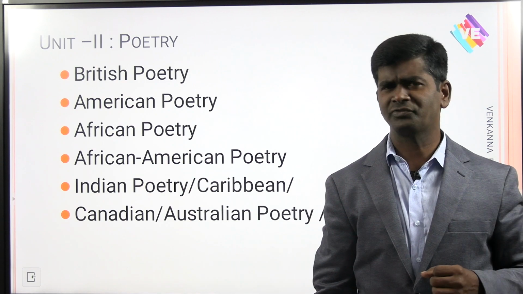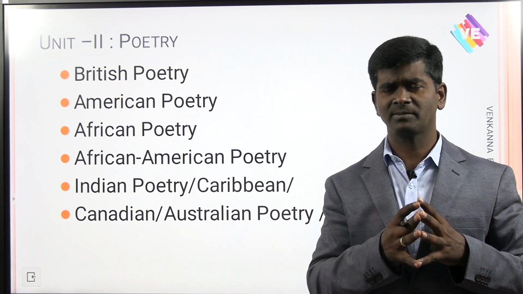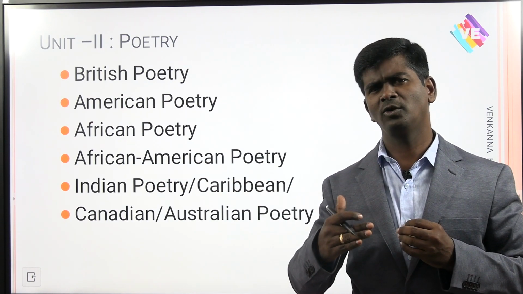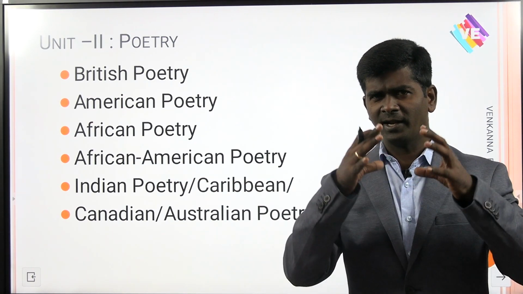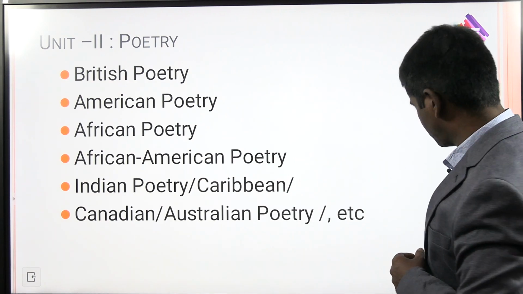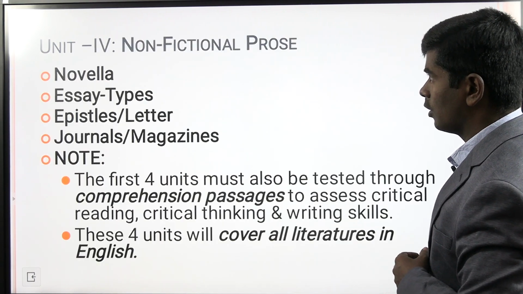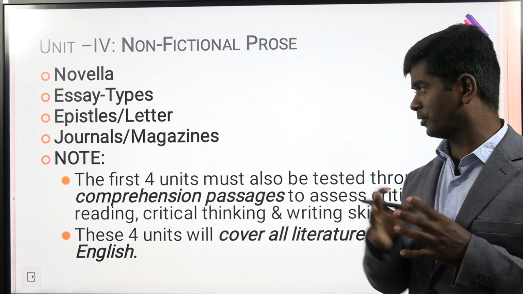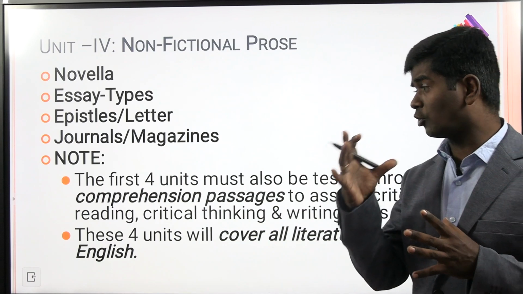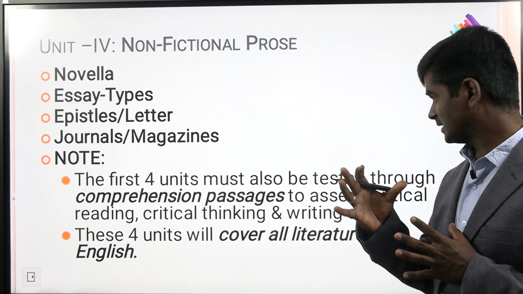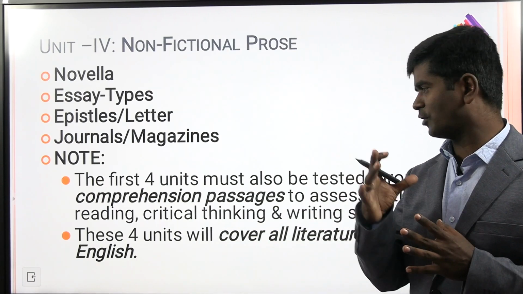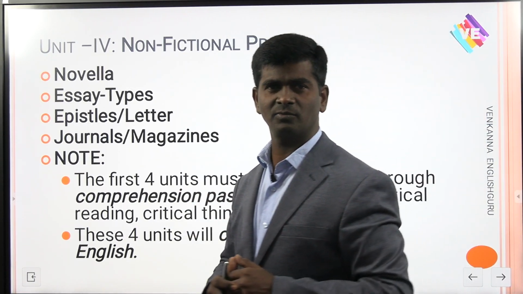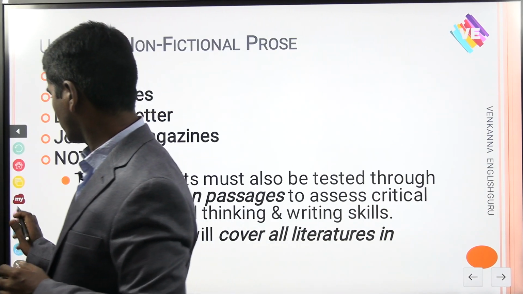Next, with regard to poetry again, there are 4 important chapters, my friends: drama, poetry, fiction and non-fiction or short story. There is a point that the first 4 units must also be tested through comprehension passages, to assess critical reading, critical thinking and writing skills. These 4 units will cover all literatures in English. What does it mean? It means